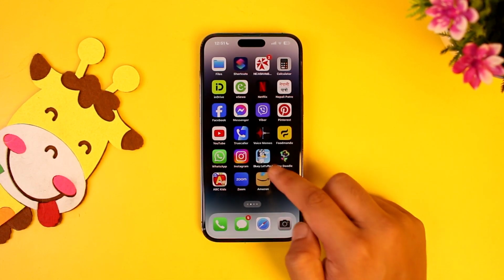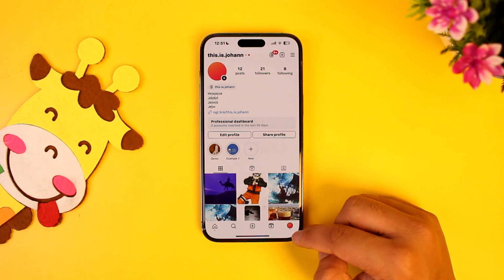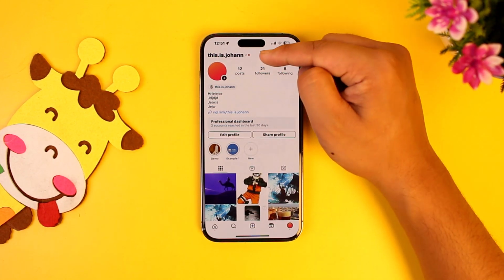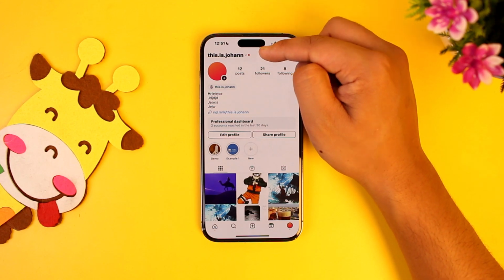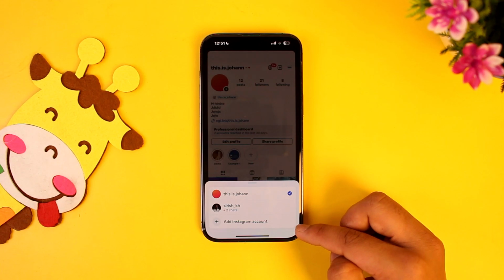All you have to do is simply open up the Instagram app, and this is the kind of interface that you will see. Just tap on the profile icon from the bottom right of the screen, and again this is the kind of interface you will see. From the very top left, you'll actually find your profile ID. So you can actually tap on your profile ID there, and here you'll find the option to add another Instagram